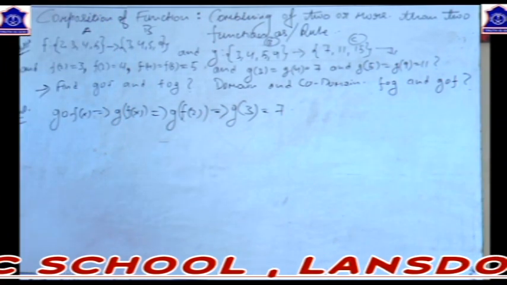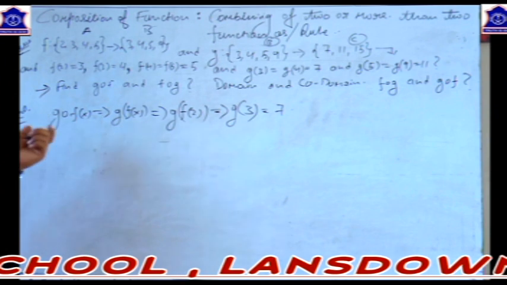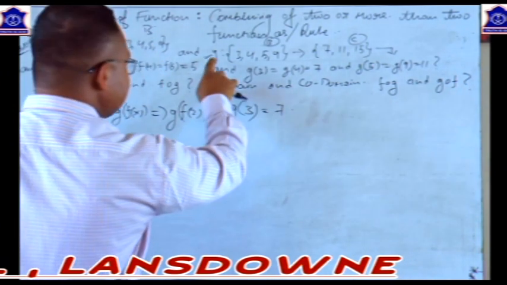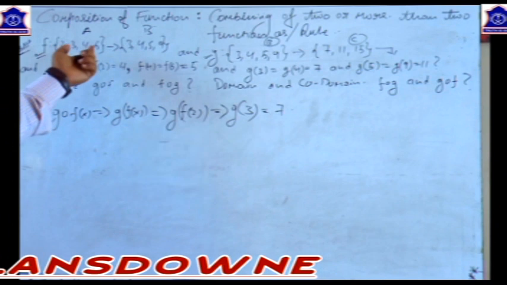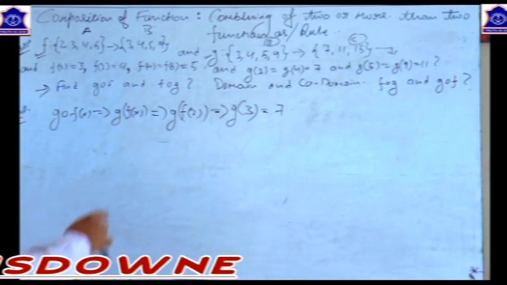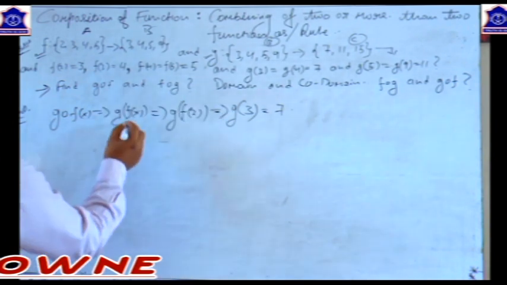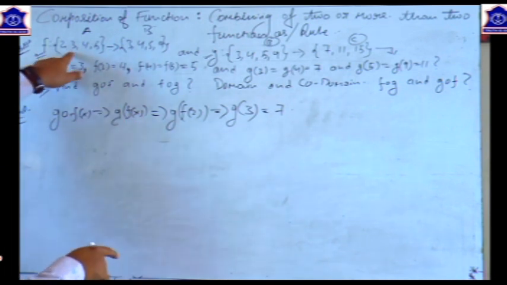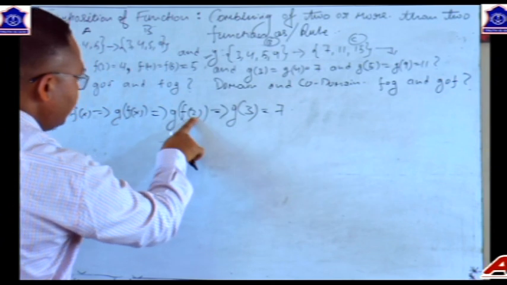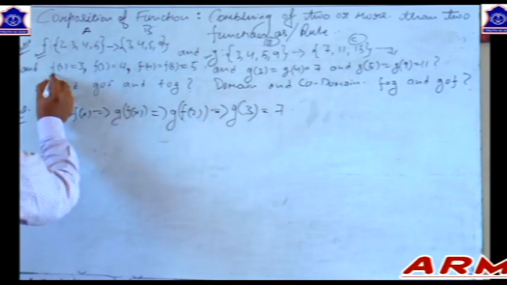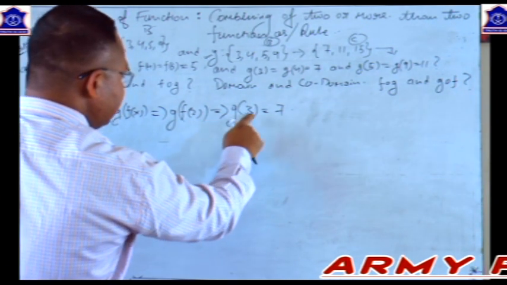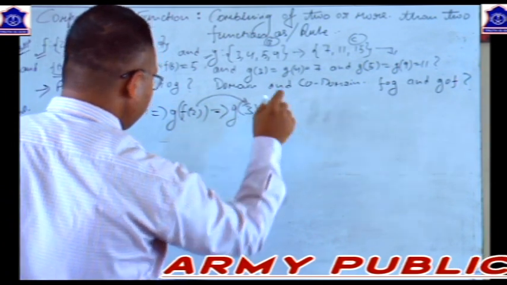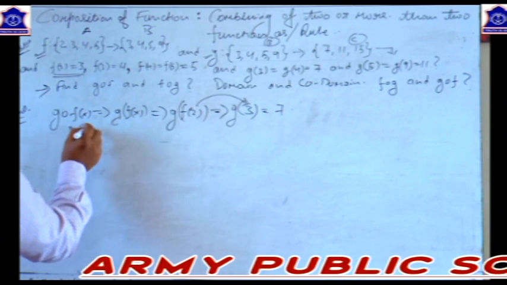So what I mean to say is that we have to combine these two functions, f and g, where f is given from set A to set B and g is given from set B to set C. g of f of x is written as g o f of x, and you know it very well. I have explained that in this f of x, the x is to be given values from the domain of f, and the elements of the domain of f are 2, 3, 4, 5. So the first element is 2, and the value of f2 given here is 3. So putting the value, g3, and the value of g3 is 7.